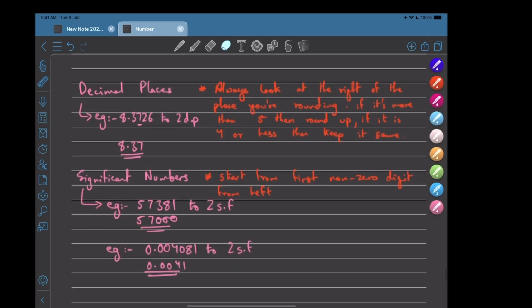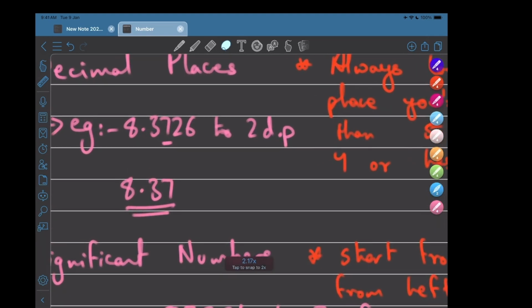Decimal places. Always look at the right of the place that you are rounding. If it is 5 or more, then round up, and if it is 4 or less, then just keep it the same. So when I speak about that, now the question is, let's say